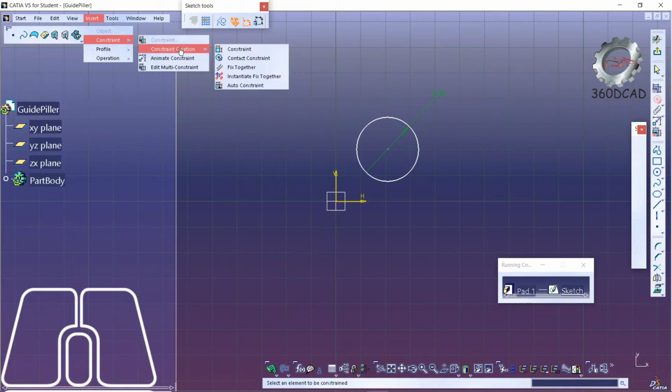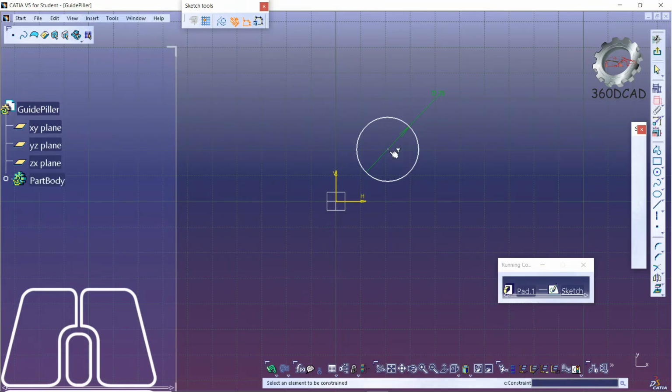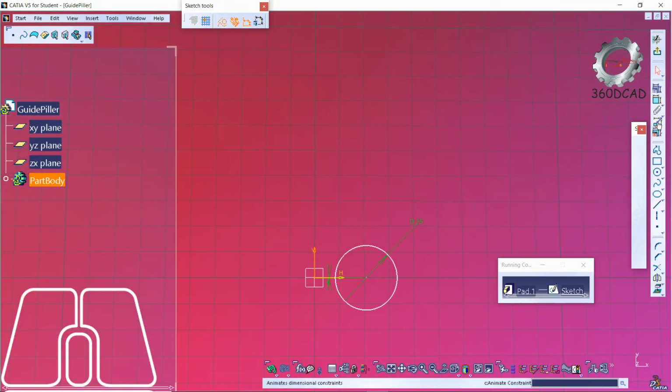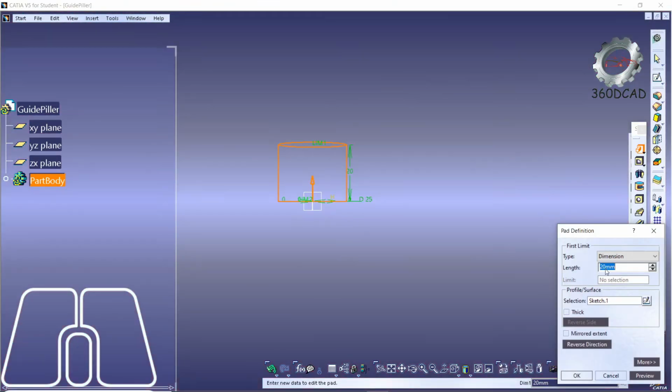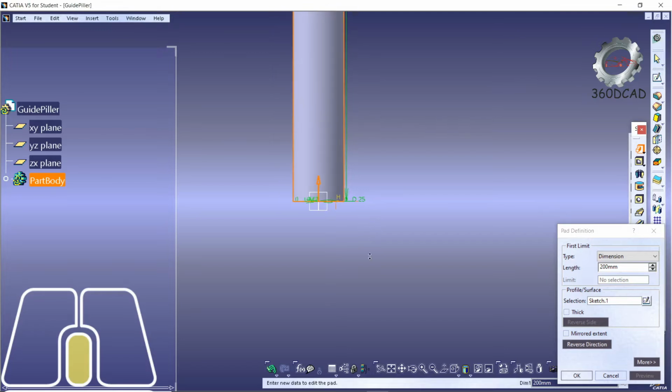So I am going to insert a constraint. This particular point should be coincident with this line with the dimension as 0, and again this with the vertical line with the dimension as 0. So now it is at origin, then you have to exit the view, then in this particular position you have to create the depth of 200, properly zoom it